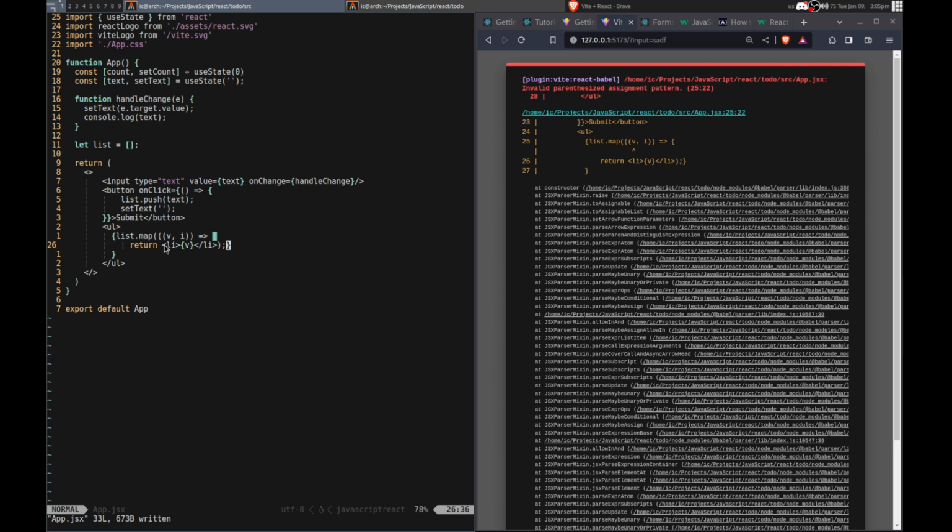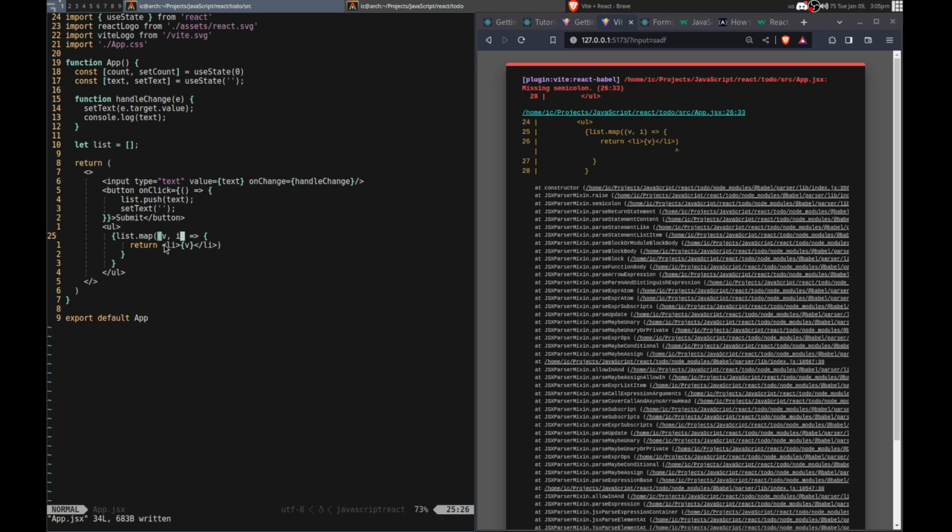Close the parentheses. They're all closed. They all have closing ones. But this has to go in there or something, right? No. Let me see. Extra parentheses. Okay. Missing semicolon.